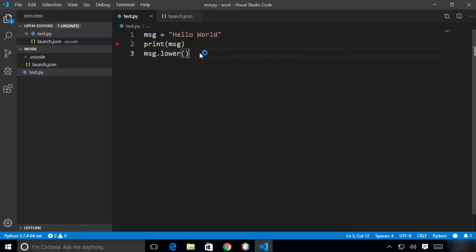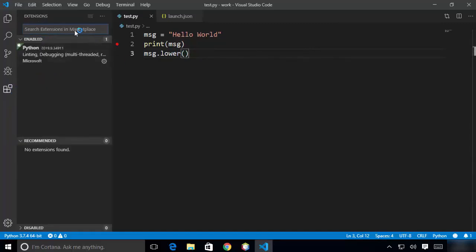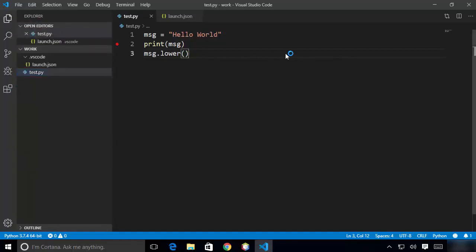If the IntelliSense is not working, you just need to relaunch your Visual Studio Code, because sometimes you need to restart your Visual Studio Code on your Windows operating system after installing the extensions. So we have installed the Python extension, and if you don't restart it, sometimes it's not going to work. So try to restart your Visual Studio Code and then try to use this IntelliSense, and it's going to work most probably. So this is how you can get started with Python on your Visual Studio Code editor inside your